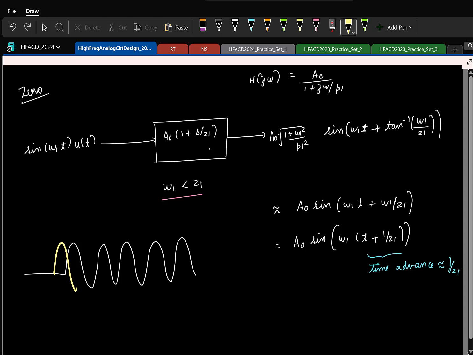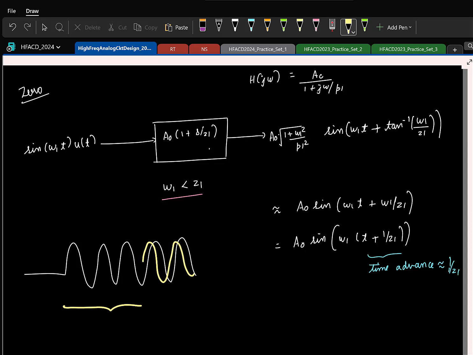This is basically the time machine where you have a non-causal system, but it doesn't happen. You have some transient here that I'm not sketching. So here you'll have some transient, and in steady state you will have some scenario like this. That's what happens, right? And you can understand how this